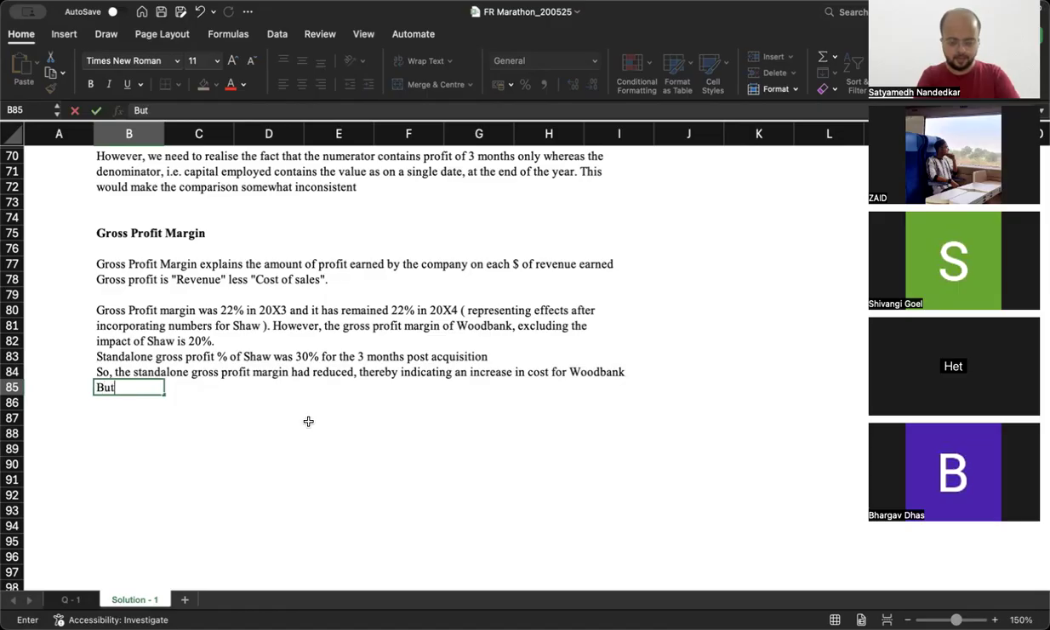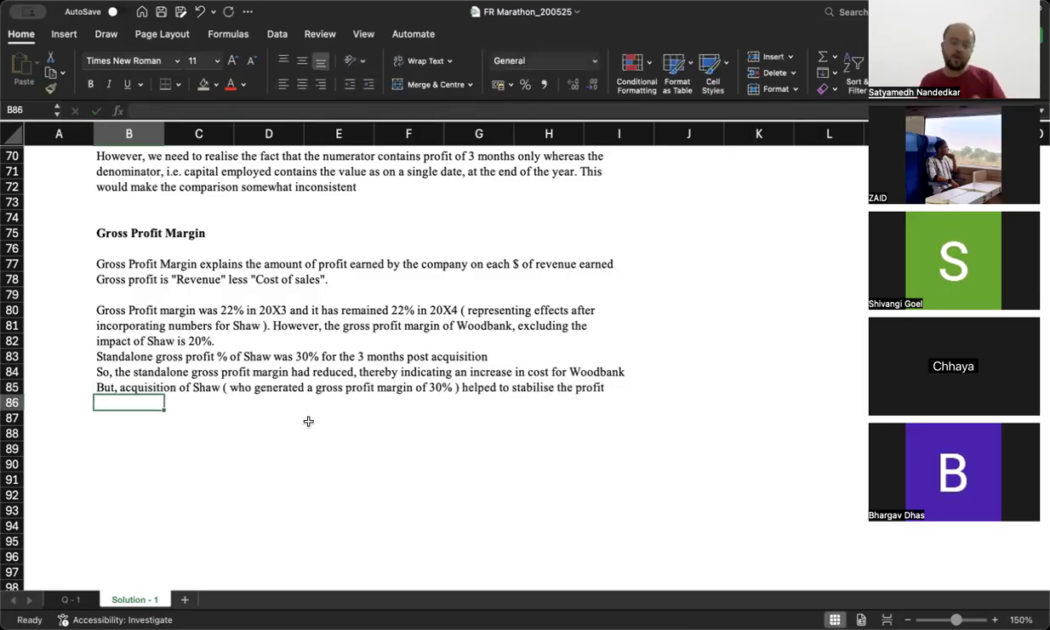But acquisition of Shaw, who generated a gross profit margin of 30%, helped to stabilize the profit. अगर आप शॉ को इंक्लूड नहीं करेंगे तो क्या होगा? इफ यू डोंट इंक्लूड शॉ, वो 22 का 20% हो रहा है। आपने शॉ को इंक्लूड किया विथ अ 30% जीपी, तो वो प्रॉफिट फिर से थोड़ा बैलेंस हो गया, द प्रॉफिट गॉट स्टेबलाइज्ड।